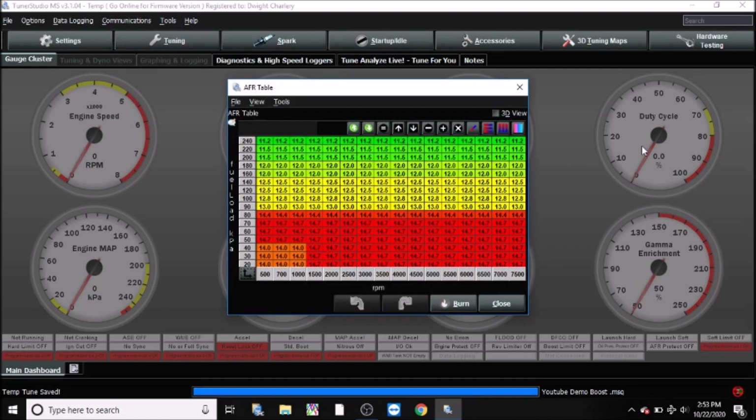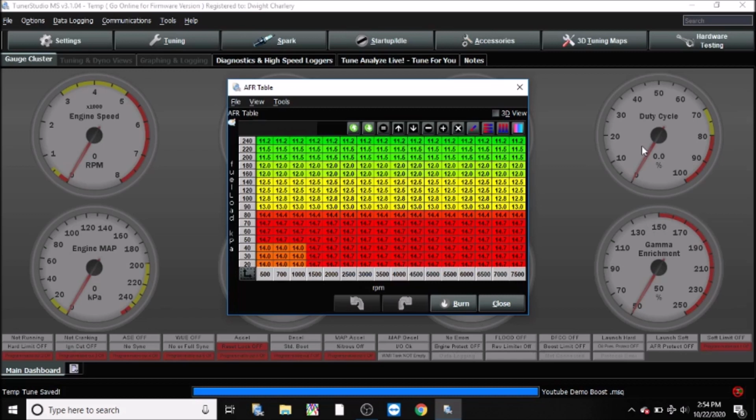Alrighty, guys. So welcome back. Just as the introduction says, we're going to be covering the AFR tables, or the fuel ratio tables, for a boosted application. If you haven't watched the first video, we talked about fuel ratio tables for a naturally aspirated application. I highly recommend you check this out before you move into the boosted application. I will go ahead and link that video down in the description, and I'll also put a link up in the top somewhere in this video.